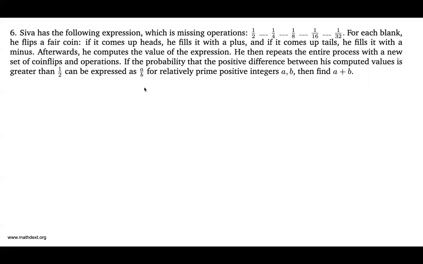So let's say we have two numbers, let's call them x and y, and each of them is 1/2 blank 1/4 blank 1/8 blank 1/16 blank 1/32. And we want to find the probability that the positive difference between the two computed values is greater than 1/2. For example, if x is plus, plus, minus, minus, and y is minus, plus, minus, plus,